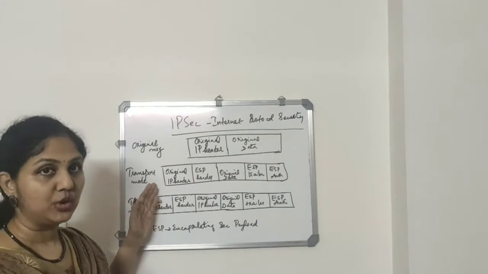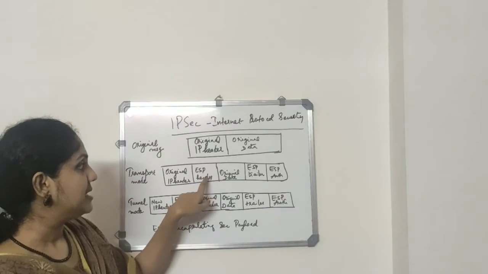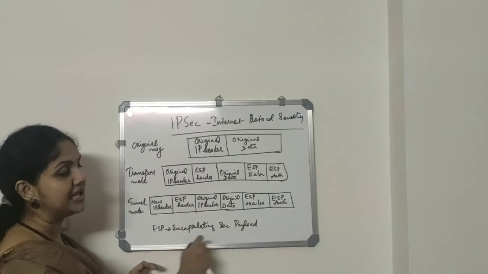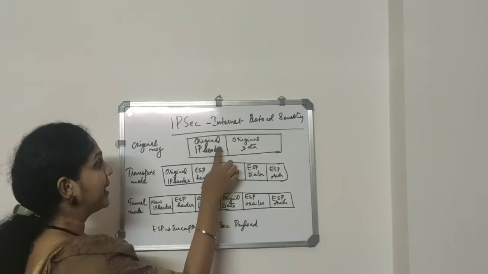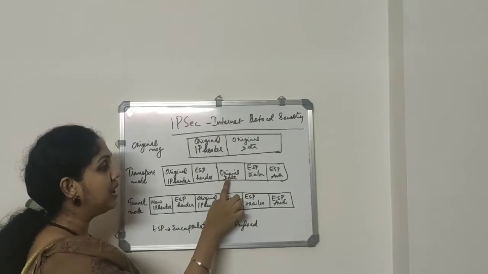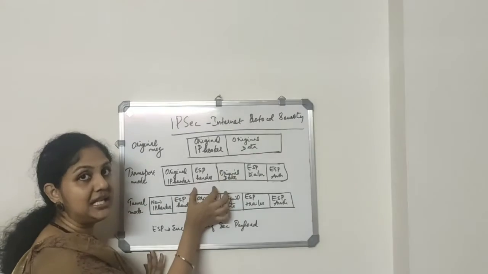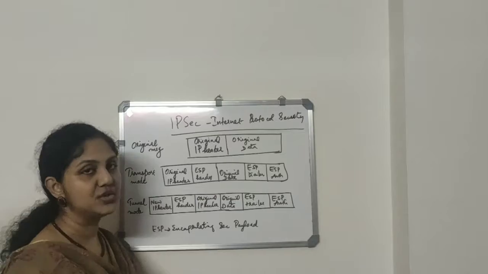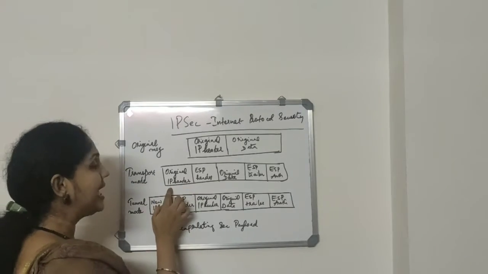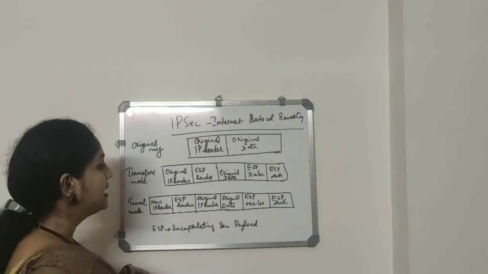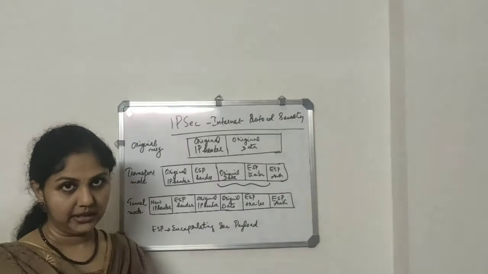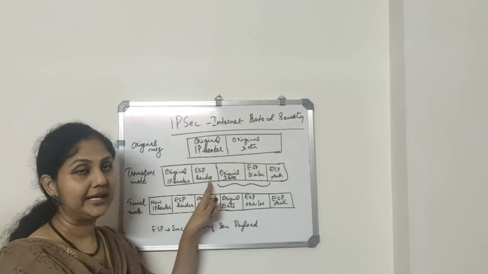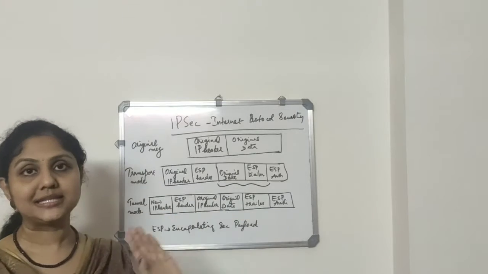What happens in transport mode is ESP. This ESP header represents the IPsec header. ESP stands for Encapsulating Security Payload. So, in transport mode, before the original data, the IPsec header, the ESP header, is added. ESP header, original data, and then the trailer. And the original IP header is added here. And here the data is encrypted. So in transport mode, the IPsec header is added before the original data and the whole data is encrypted and sent.